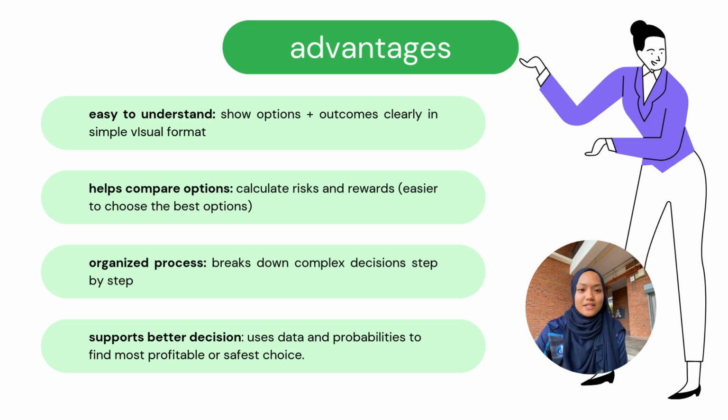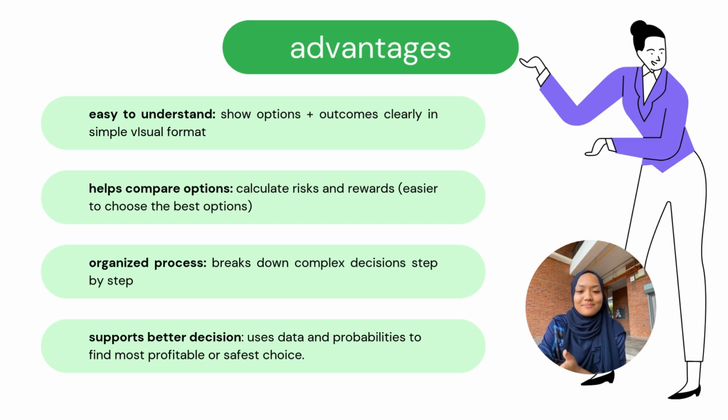Moving on to the advantages of decision trees, they are useful because they present options and also outcomes in a clear visual format, making them easy to understand. They help compare options by calculating risks and rewards, making it easier to choose the best one. Their structured, step-by-step approach organizes complex decisions effectively. Lastly, decision trees support better decision making by using data and also probabilities to determine the most profitable or safest